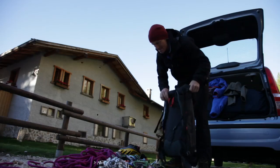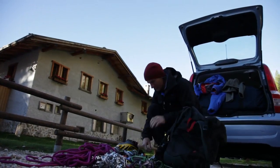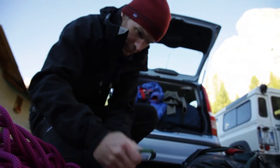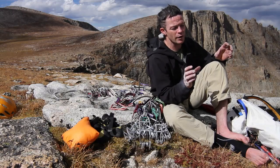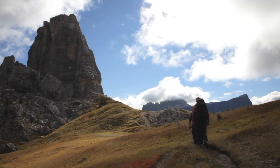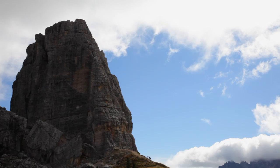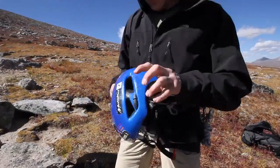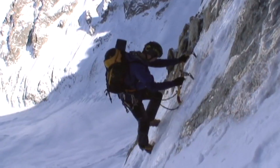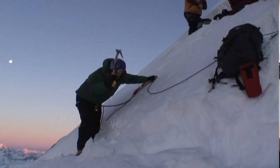Historically, we've had a hard shell jacket that worked really good as rain gear, and there have been soft shell jackets which were traditionally really lightweight and basically a windbreaker. And what we were always missing was something in between. So it's kind of like that sweet spot in the middle where you want a hard shell that breathes better, but you want a soft shell that's more weatherproof, and that's what I've been looking for. What it came down to really is that they wanted real simple pieces that didn't have anything that wasn't needed